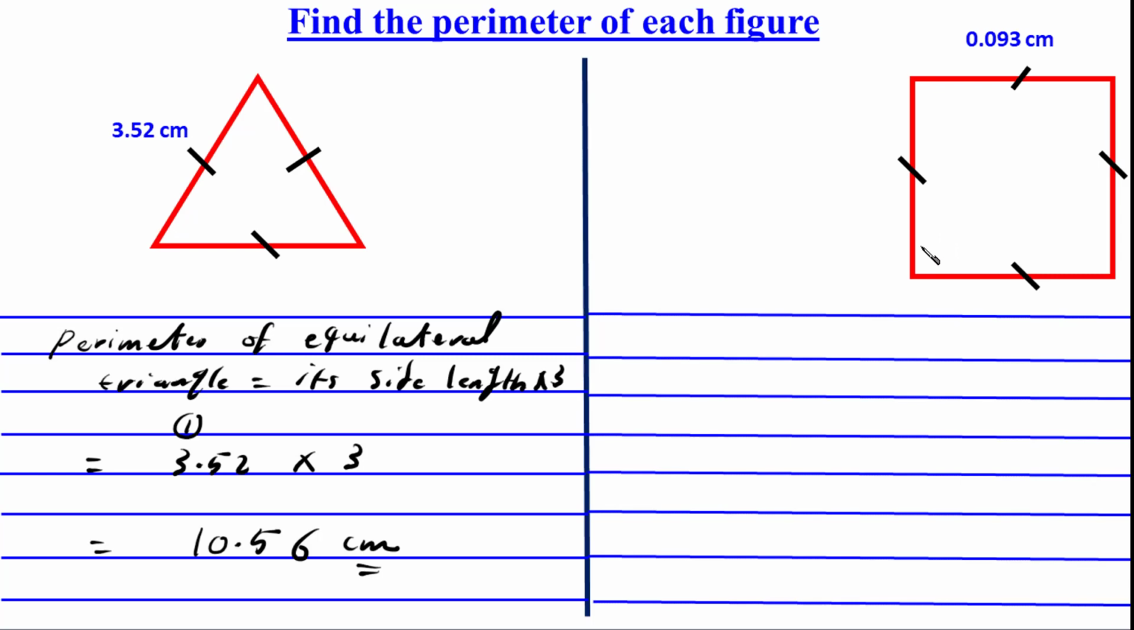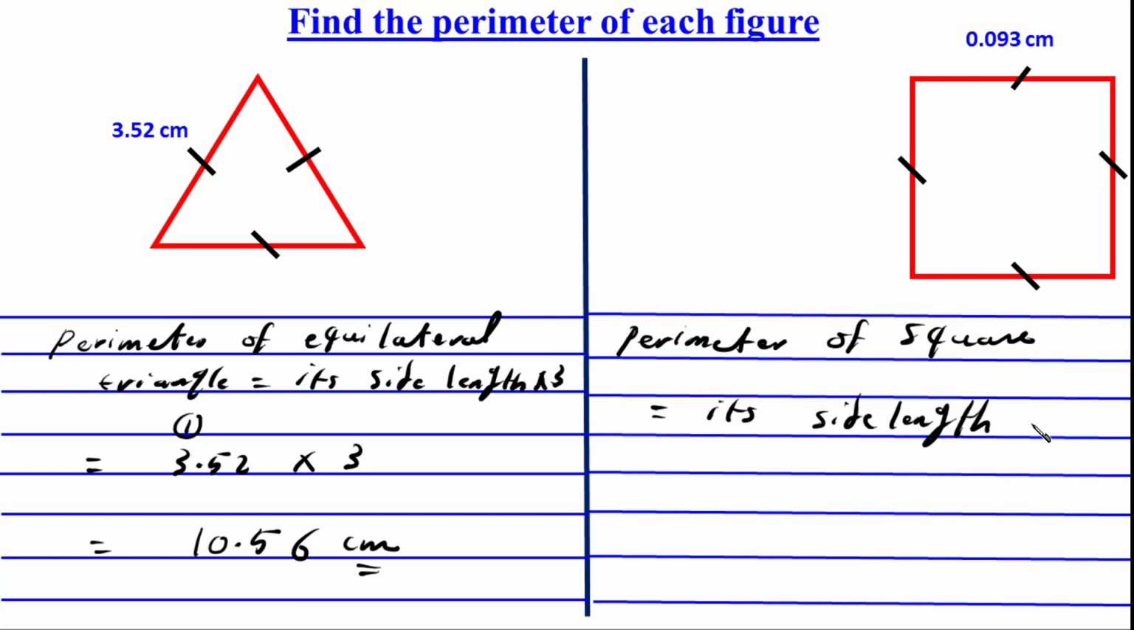What is this shape? This shape is what? Yes, it's a square. The perimeter of the square equals what? All the sides are the same, and we have here 4 sides. Now its perimeter equals what? Its side length times 4. It's a rule, you must study it. We studied before, the perimeter of a square equals what, guys? Yes, equals its side length